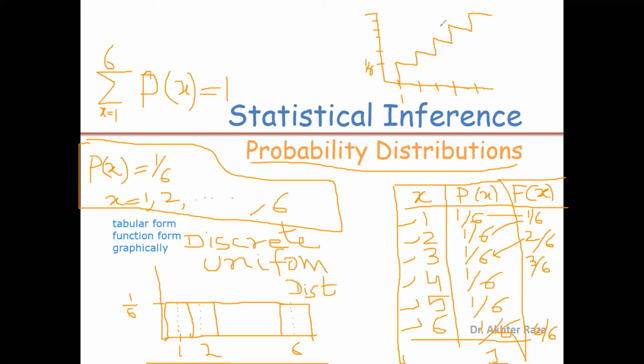And in case of cumulative, it is a step function, and it is always a step function. But in uniform, the size of a step is the same. Suppose it is 0.5 inch, then it is again 0.5 inch, it is again 0.5 inch. Each step has a height of 0.5 inch. But in case where the distribution is not uniform, the height of each step may vary, but it is always an upward graph. That is important for a cumulative distribution.